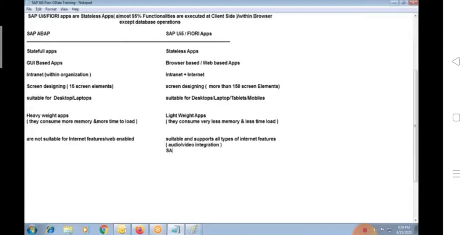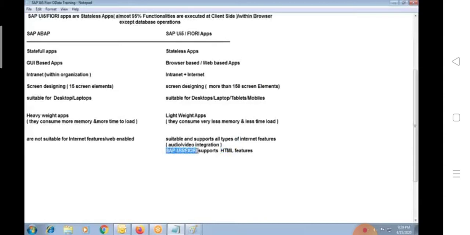Why is it possible? Because SAP UI5 Fiori supports HTML features. Whenever we want to achieve internet features or web-enabled features, wherever required, we can use some HTML tags.